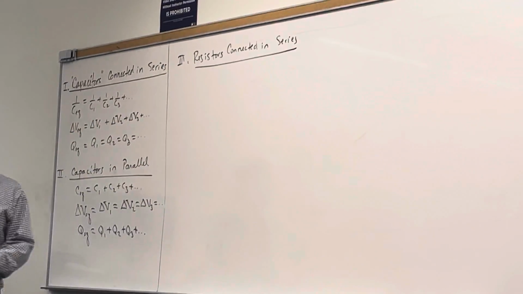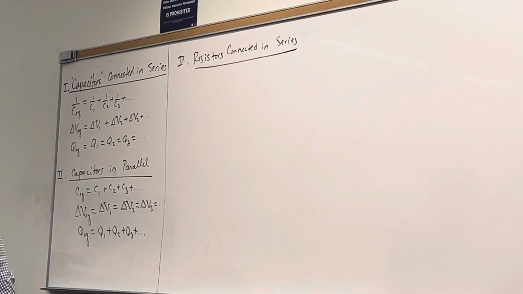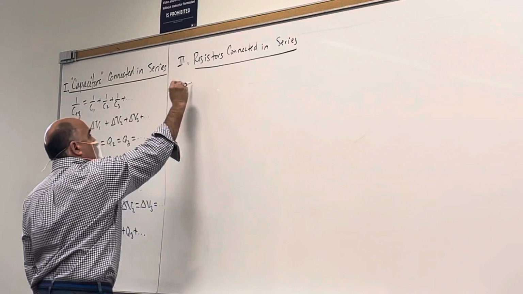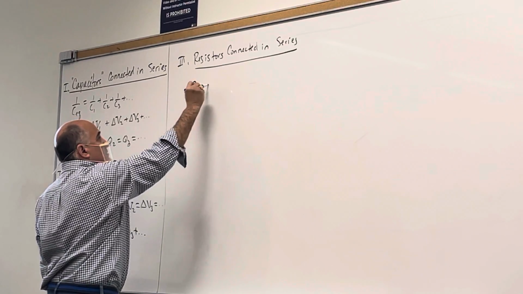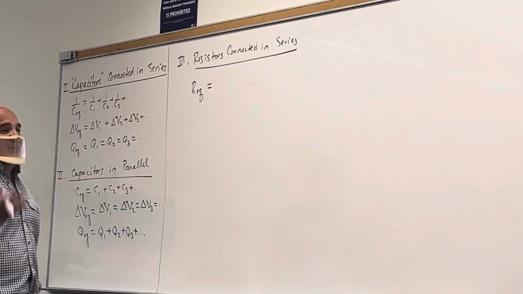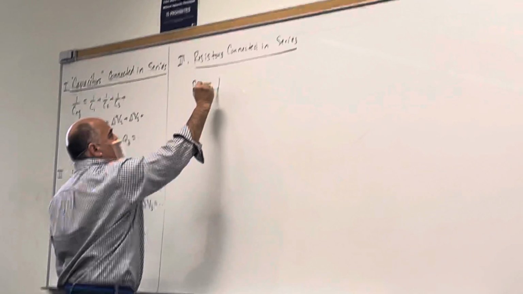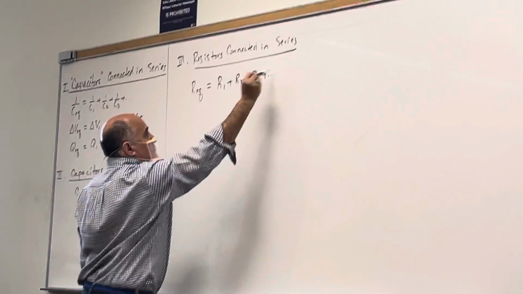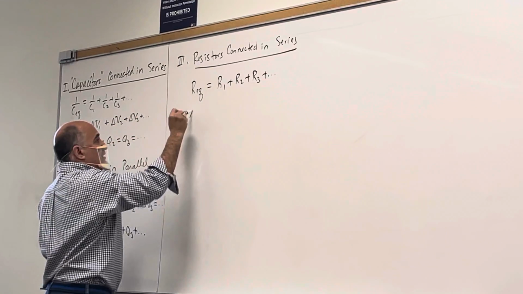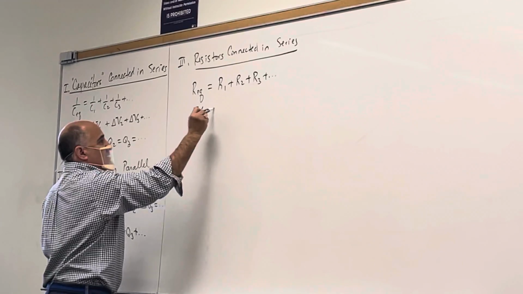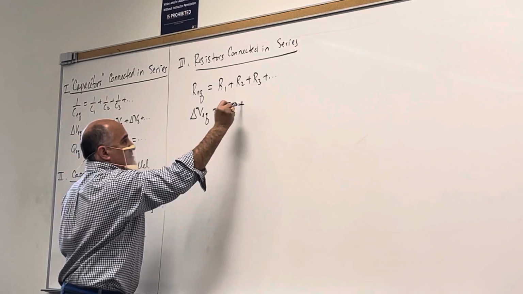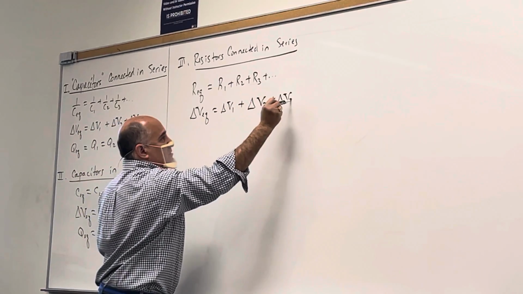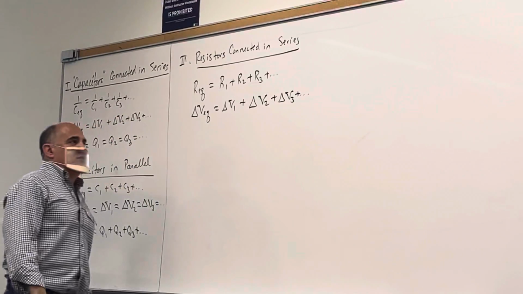So, same idea, one resistor will be equivalent to the resistors connected in series, and so the equivalent resistance, or the resistance of the resistor that is equivalent to the resistors connected in series, is given by the sum of the resistances. The voltages relate like this. You add the voltages across the resistors connected in series to get the voltage